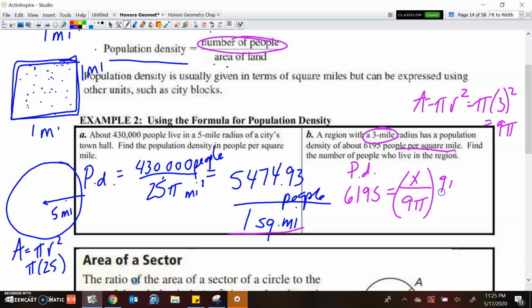Multiply both sides by 9 pi. Those cancel, x comes down, and 6,195 times 9 pi gives me a final answer of